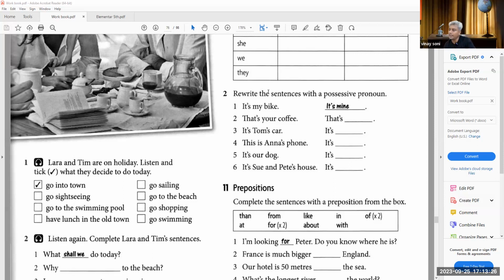Again, theoretically, these things are very easy to say for a teacher like me. Practically, it's very complicated for students like you to follow it. So the solution here is not my saying do it. Solution lies in listening. If you listen to people using these possessive pronouns again and again, you'll start using them automatically. Anything that we hear has an impact on us.